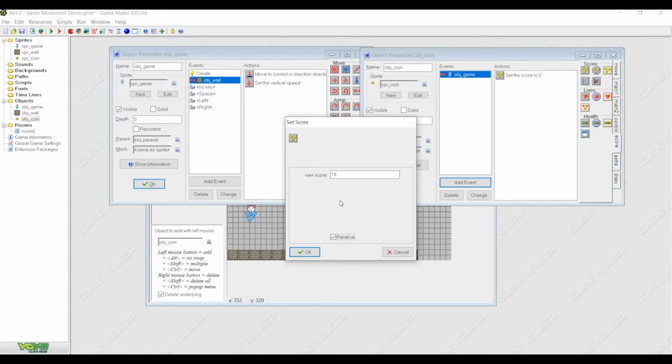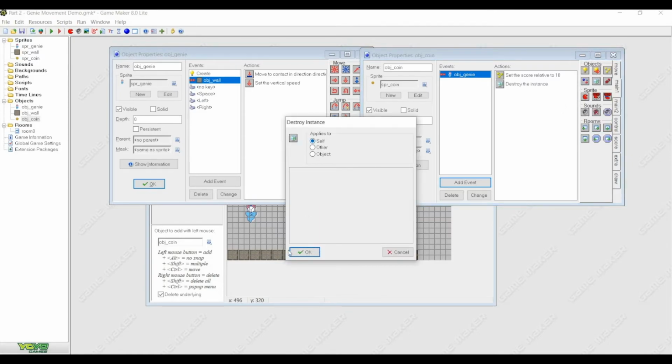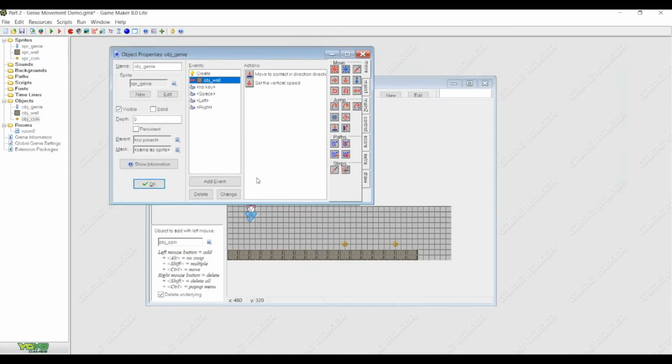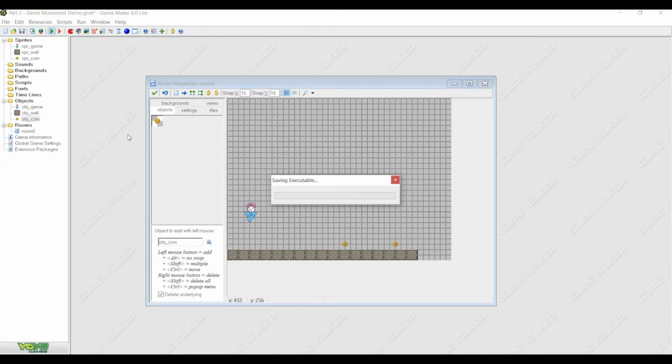In other words, it'll add up all the time, so it's not going to just stay at 10. It'll be 10, then the next coin will be 20, the next coin will be 30, and so forth. What we also want to do is remove that one instance of the coin. Okay, so if I click OK on that and OK on that,